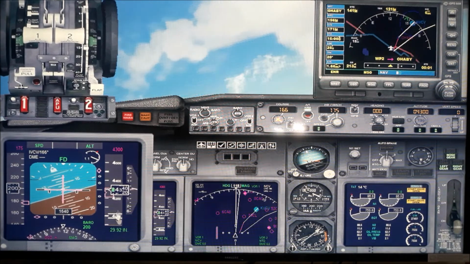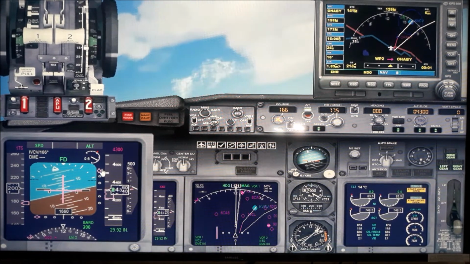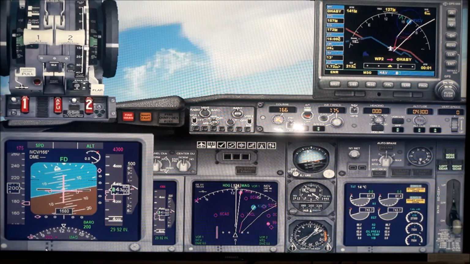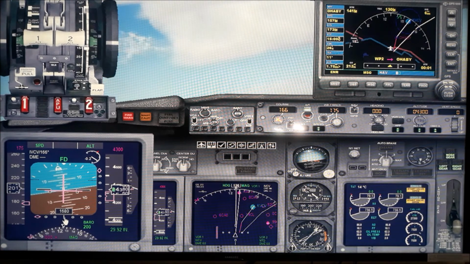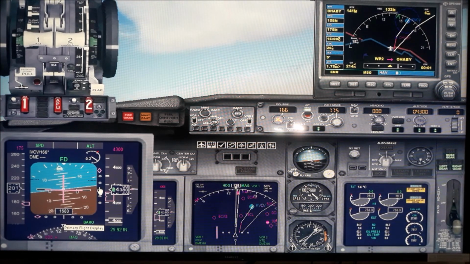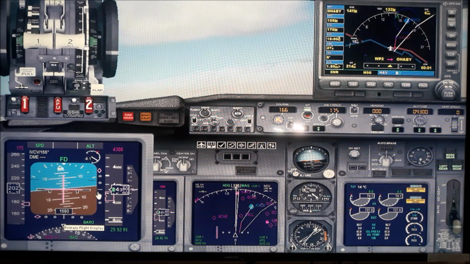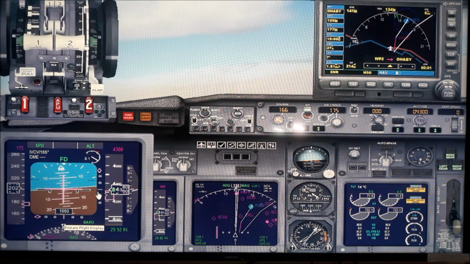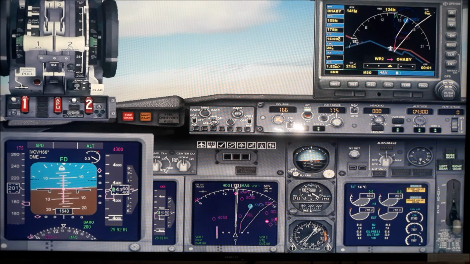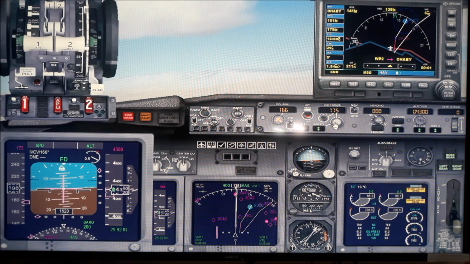And now you can see the diamond has come. These two diamonds have come. Now this diamond will come in the center here when it is captured correctly. See that now this leg is showing. Now we'll reduce the speed further.